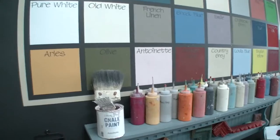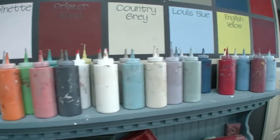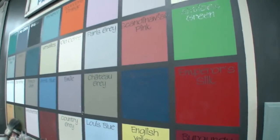Absolutely. She calls it chalk paint because of the chalky matte finish. It has nothing to do with ingredients. Most paints have a chalk carbonate in it. But since this has heritage, 26 years old, high quality, durability, and beautiful wax that we put on top of it,